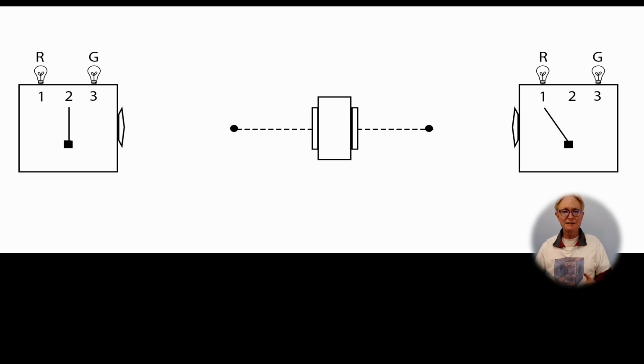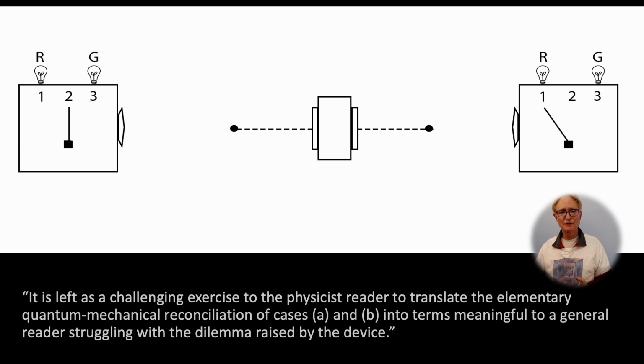At the very end of his paper, he challenges the physicist reader to solve the mystery in a way that the general reader can understand. No one to date has successfully answered Mermin's challenge without using spooky actions at a distance, or causes from the future, or conspiratorial control over experimental procedures, or infinitely many realities, or some other crazy idea that has been around for decades without garnering consensus support. That's the quagmire of quantum foundations.